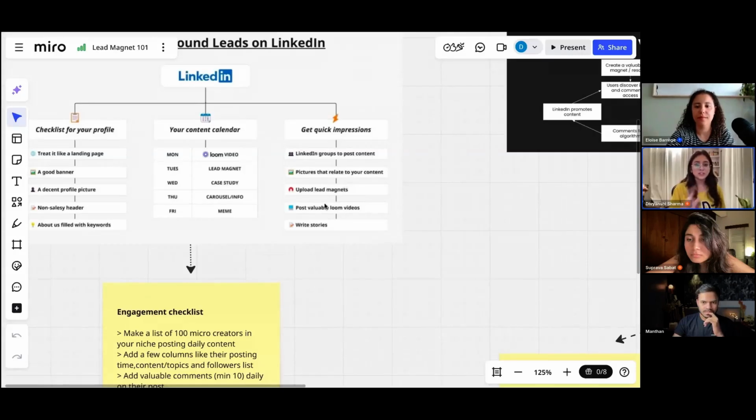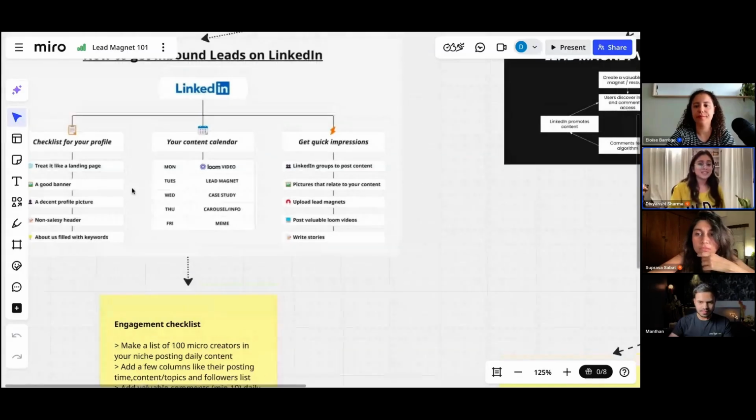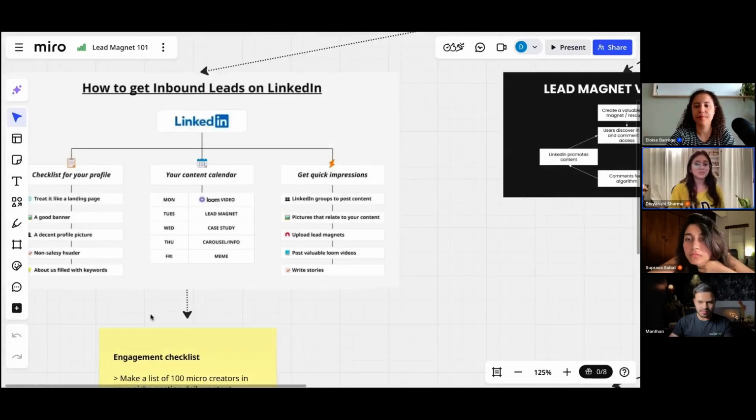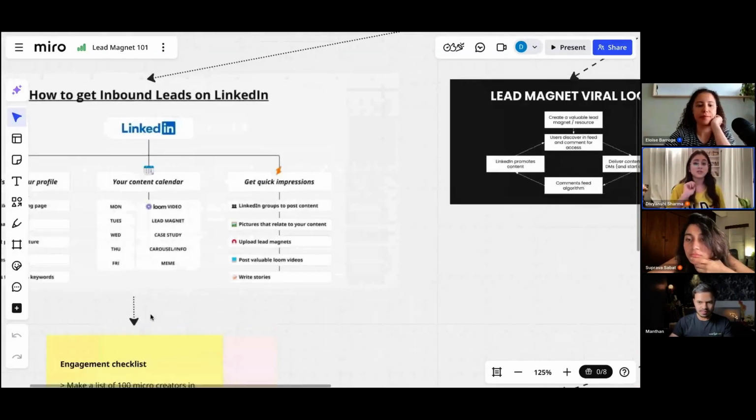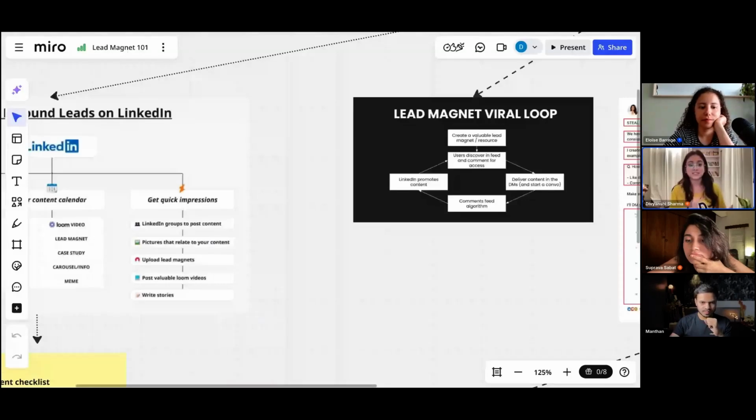Now, you can start posting Loom videos. You must have noticed LinkedIn has started promoting video content like anything, because it's competing with other video platforms. So start posting videos, and you must have observed the posts that have personal stories to them perform pretty well. So you can start posting those stories, add your pictures, and you're good to go. That's how you can build a solid LinkedIn profile, so that if you post a lead magnet, only then will you get results, because you will have a good profile.